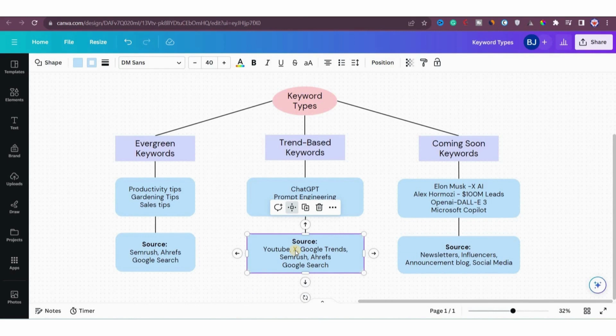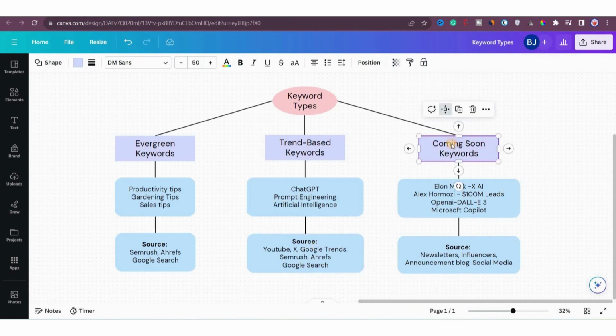Then you can also use SEMrush and Ahrefs to see how the trends are performing. Imagine we have a keyword like prompt engineering. This keyword has been quite active in this space for the last 6 to 8 months, with people actively searching for information related to it. So the question arises, are people still searching for prompt engineering? To find out, you can utilize tools like SEMrush or Ahrefs or answerthepublic.com. Additionally, you can even employ Google search as a source to determine whether prompt engineering is still a popular topic.